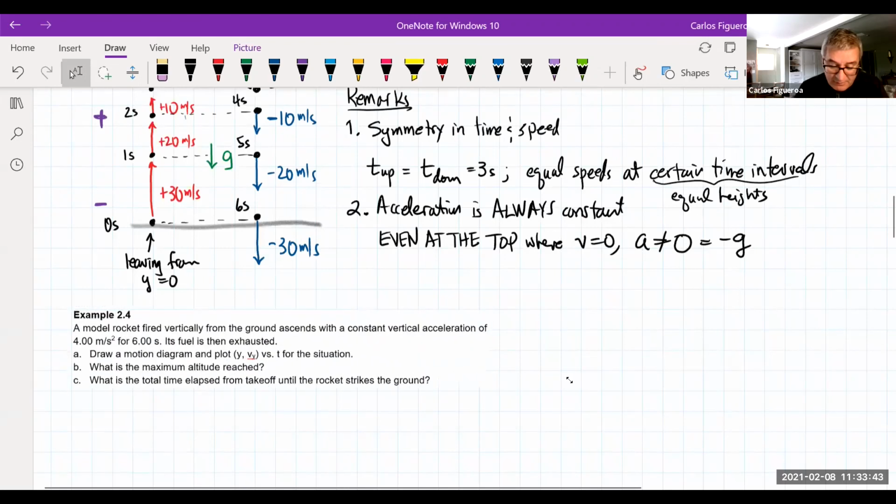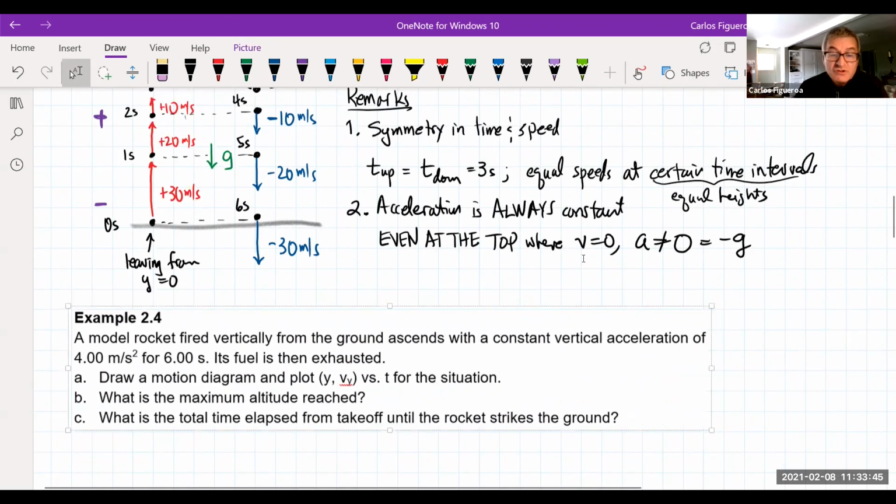So here's our example that we want to go over. It's 2.4. Now, it's important here that we go in and we actually draw a good picture. I think it's super, super important. So what I'm going to do here is that